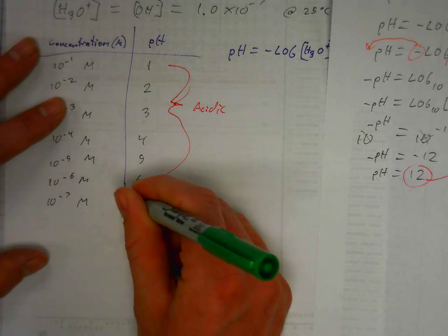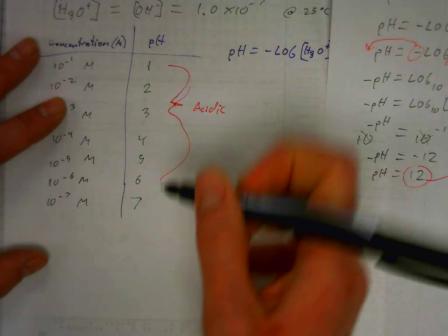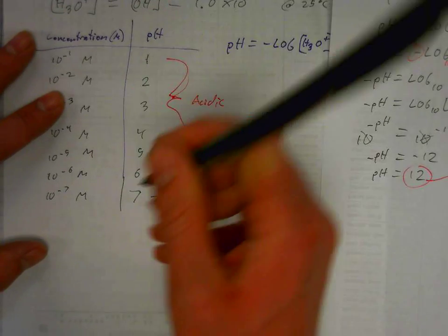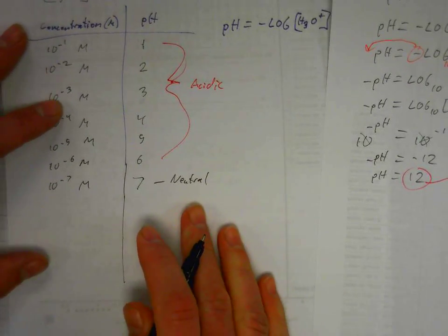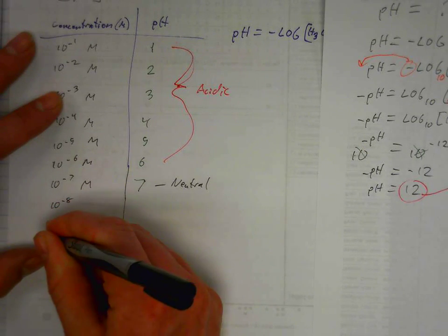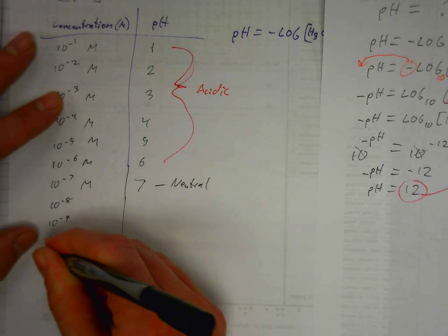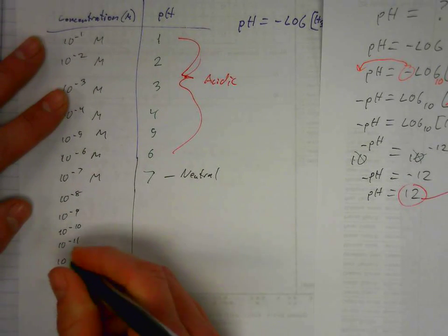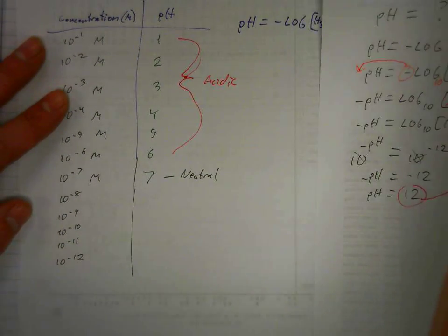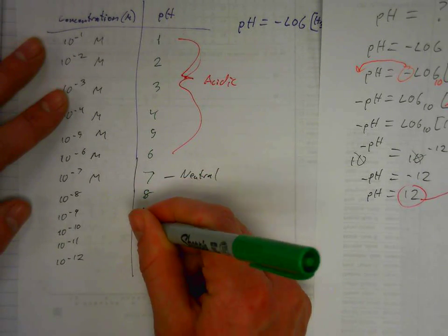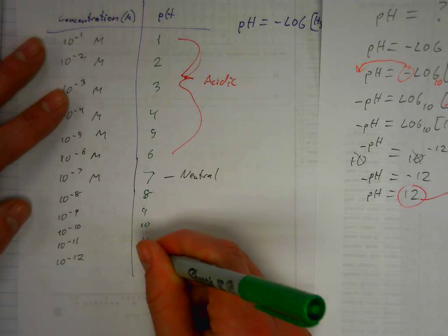And then as we go to basic solutions, 10 to the negative 8th, 10 to the negative 9th, 10 to the negative 10th, 10 to the negative 11th, 10 to the negative 12th, the pH is 8, 9, 10, 11, 12, then 10 to the negative 13, 10 to the negative 14,